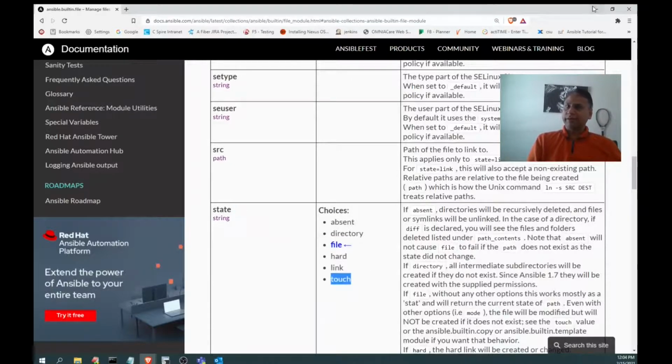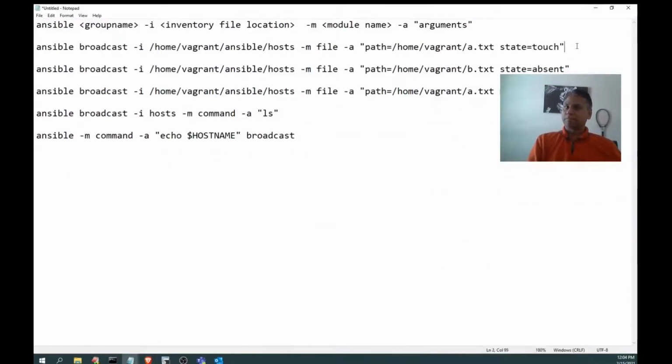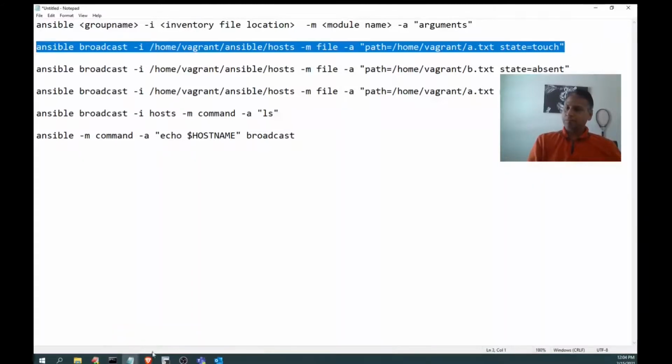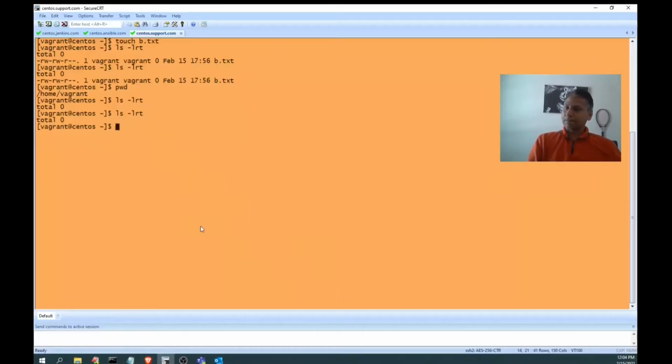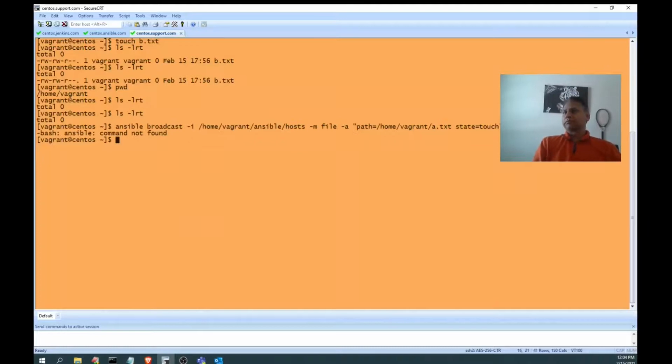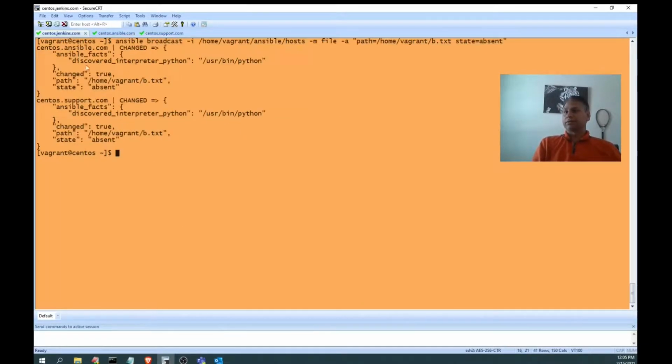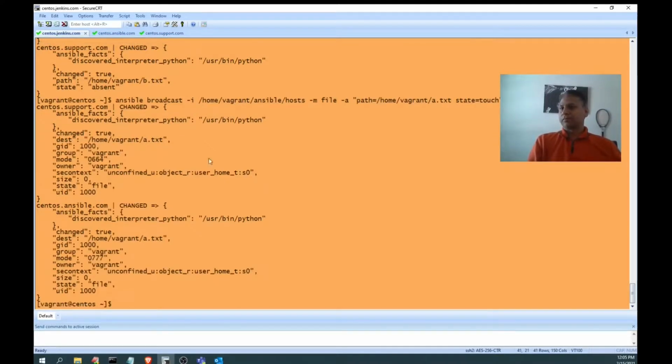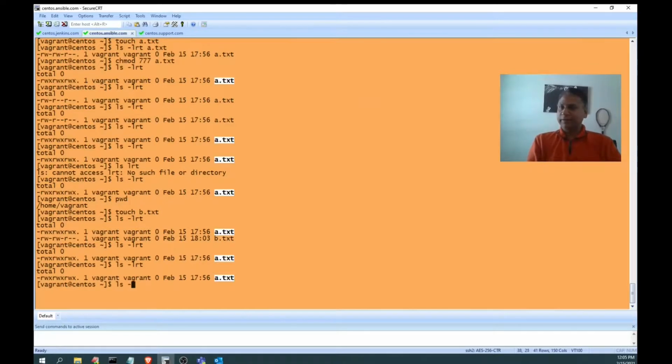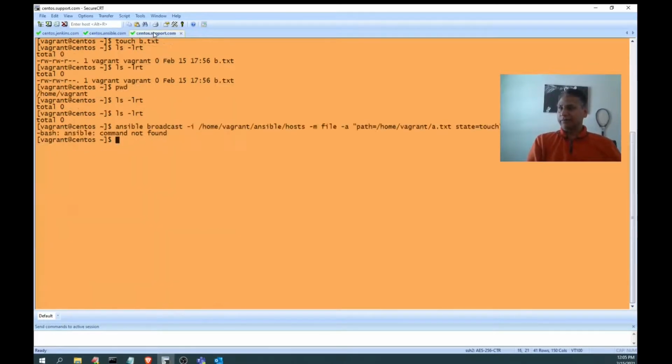So the file would be created. Oh, sorry, from here I need to do it from the controller machine. Yes, let's see the file being created over here. The latest time 1805. And here, yes, a.txt 1805, the file got created.